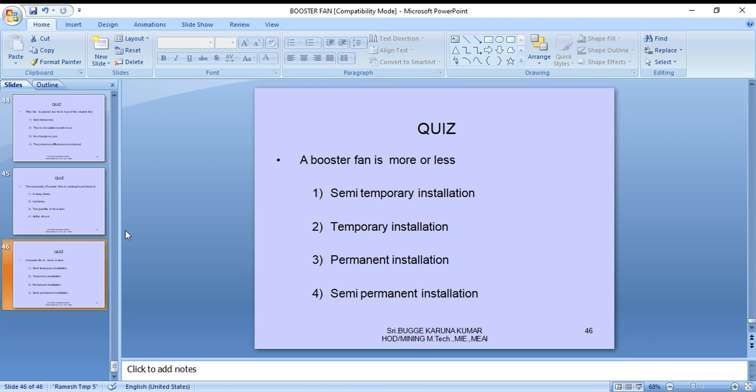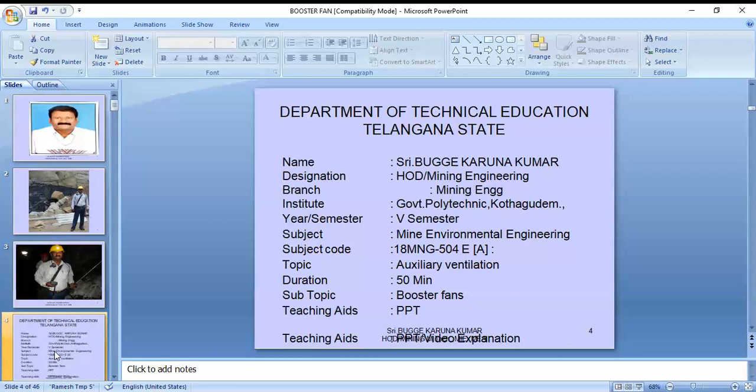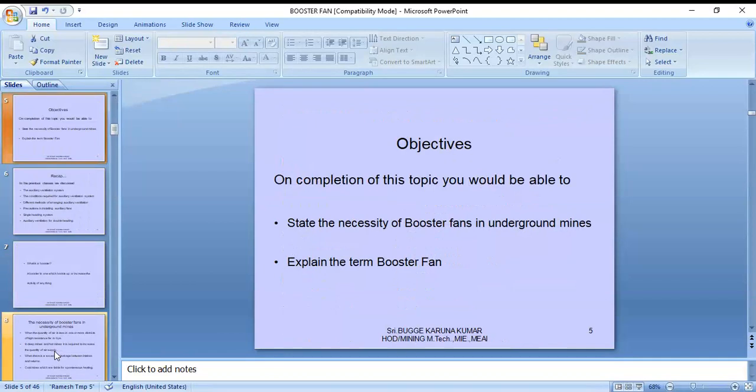this we are concluding the topic about booster fans. I hope you enjoyed today's lesson, particularly this topic. I hope that you now understand the necessity of booster fans in underground mines and its terminology and installations. I hope that you are understanding well